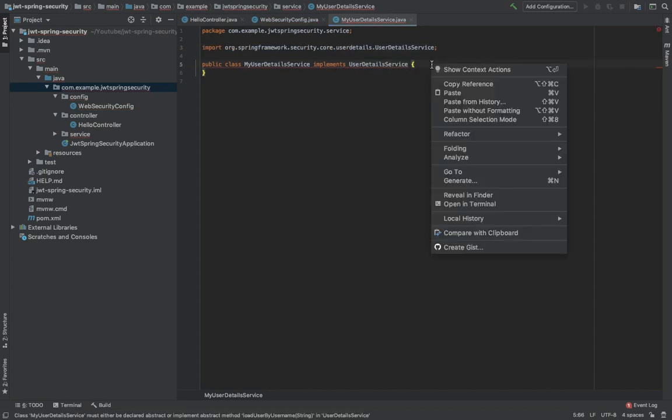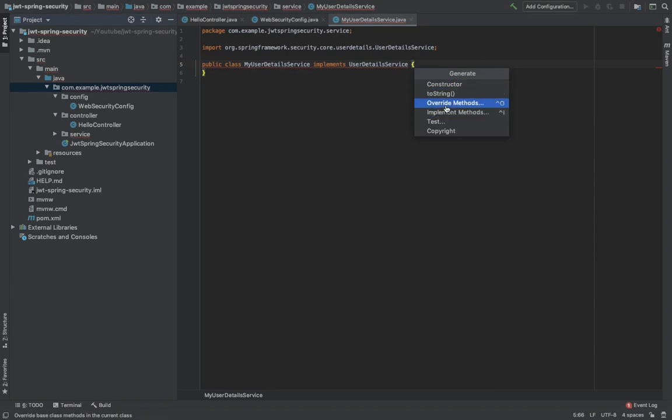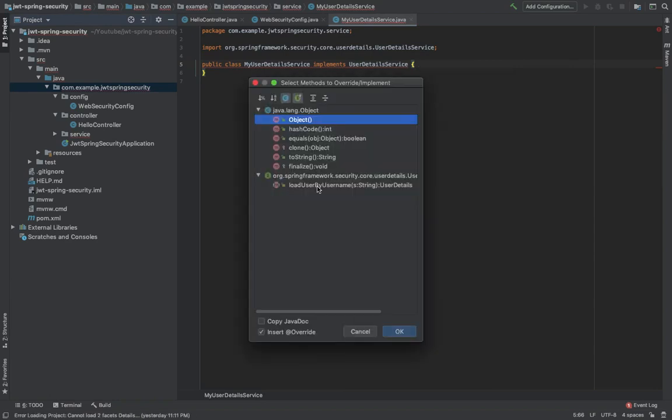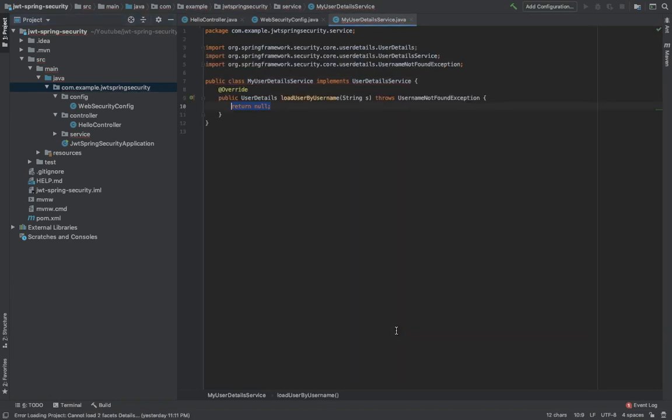And it contains a method loadUserByUsername, which the Spring Framework uses to load a user with the username as a parameter.